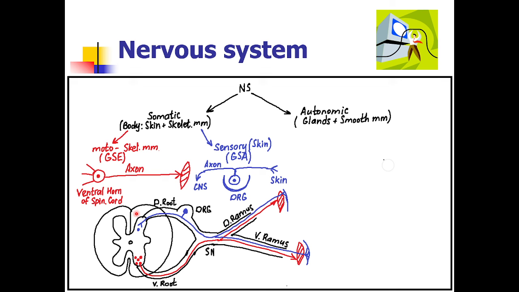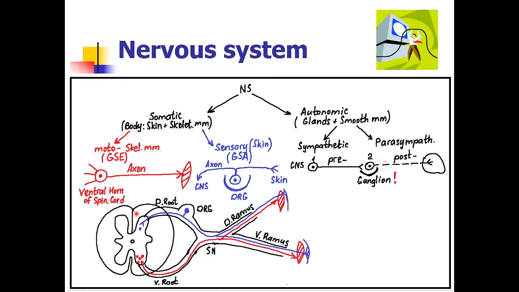Okay, next. We come into the next part of the nervous system, the functional part, which is the autonomic nervous system. We just confirmed earlier that autonomic will innervate glands and smooth muscles, that means internal organs. And for that, I need two parts of autonomic, which are antagonistic parts. I am talking about sympathetic and parasympathetic. I will discuss them with you in detail today, but first, what is similar for those?